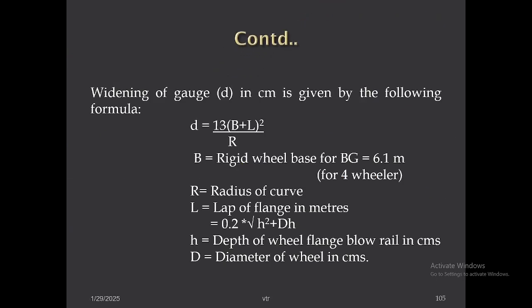And again, coming to the widening of gauge, how it is to be calculated, some formula is available. This is your extra gauge, how much slack gauge you have to provide, that is D, equal to 13 into (B plus L) whole square divided by R, where B is equal to rigid wheel base for BG. Suppose we have taken the worst case 6.1 meter, in this case of 4-wheeler. Nowadays we are gradually reducing 4-wheelers also. We are having bogie type wagons mostly. But even then, for the safer side,